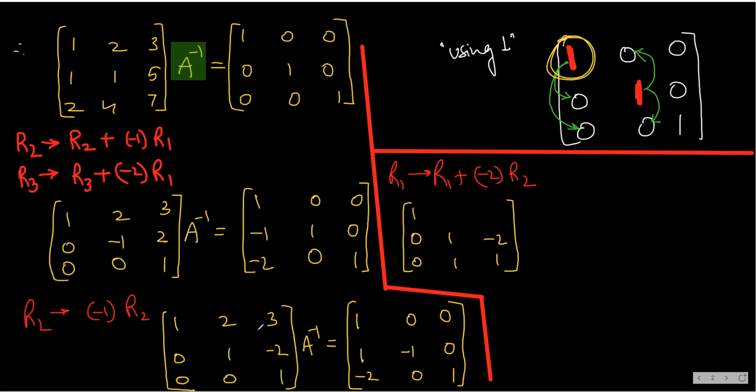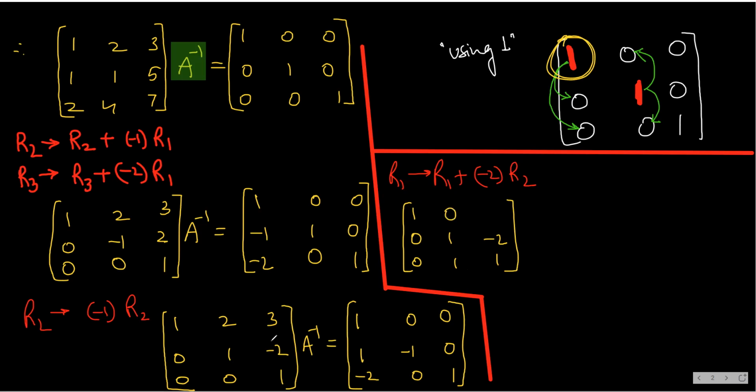Okay. See, I have got one here. And now this one, I would not spoil. This one has to now remain as it is. It is not that you are going for 0 here and in that pursuit you lose this one. No. Then what's the use? So now here what we will get, see, R1 plus minus 2 R1. So minus 2, when you multiply, you get minus 2 and add it. So you will get plus 2 minus 2, 0.